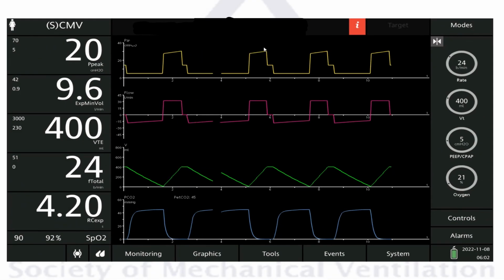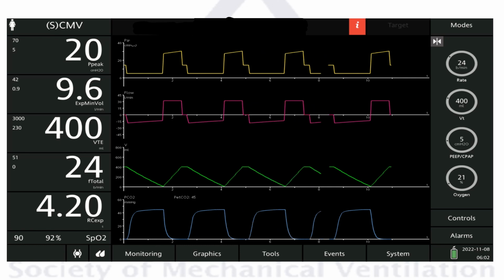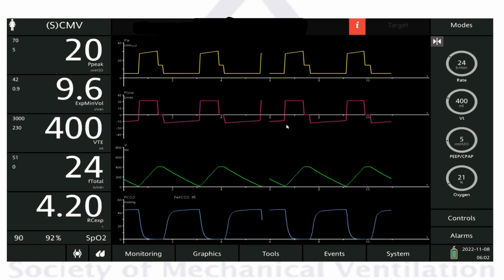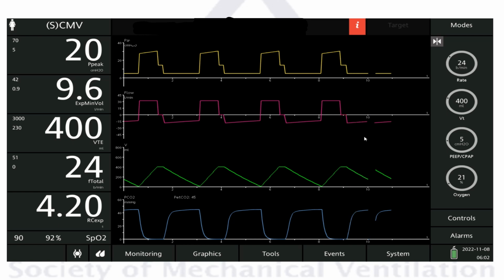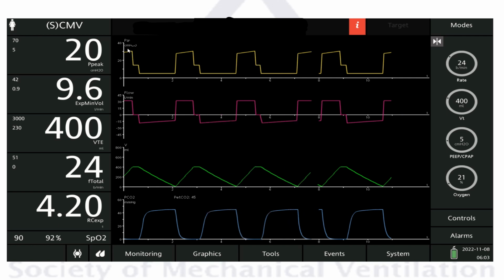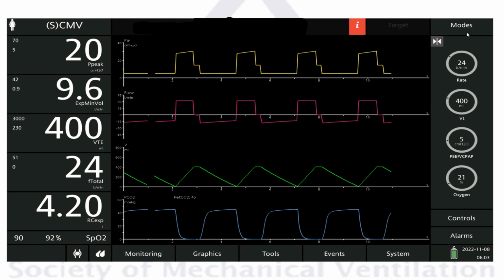So let's look at a patient here with a pure COPD, and I made this patient with very high compliance, almost 80 or 100, and very high resistance also, more than 30. So just a quick diagnosis. How do we know that this patient is COPD without even measuring anything? So of course, you would look at the peak airway pressure, which would be high. This patient is in volume controlled mode,